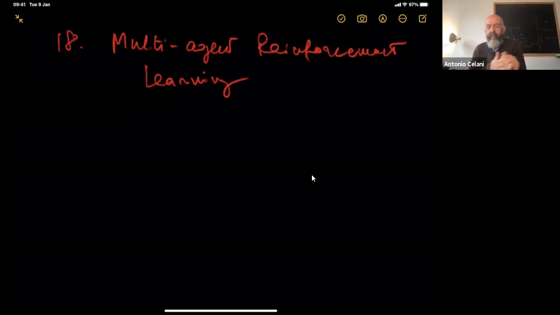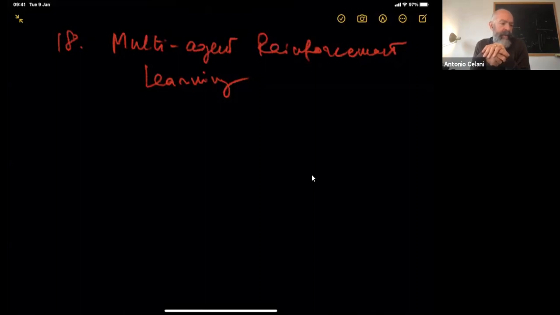So we will only be able to touch briefly on some of the basic ideas and concepts, especially highlighting the connection between multi-agent reinforcement learning and game theory, and just briefly touching upon some algorithms which have a particularly interesting